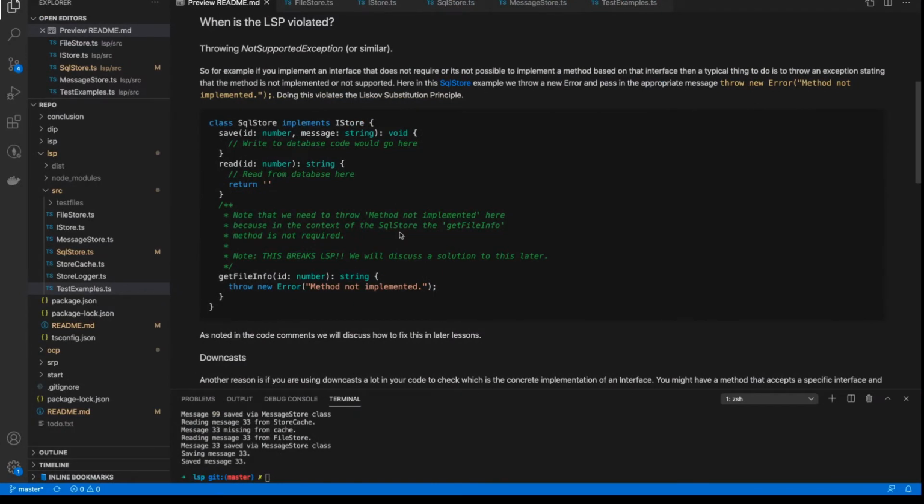So I think what we should do is understand when the Liskov substitution principle is violated to really get an understanding for it. And one smell to look for in your code is when you are throwing a not supported exception or similar, something that represents a not supported exception in your programming language. In our case, we're using TypeScript. So you can see here, and I'll go through this example in a bit more detail in a second,